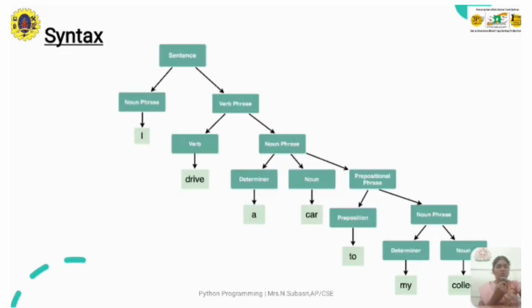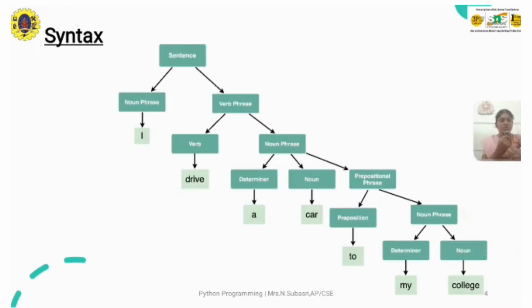Okay, so this is called the syntax error. For example, if you see here, the sentence has two parts, a noun phrase and a verb phrase. In the noun phrase, I'm giving the word I. The verb phrase I can split again into a verb and a noun phrase. In that verb phrase, I'm giving the word drive, and in the noun phrase, again